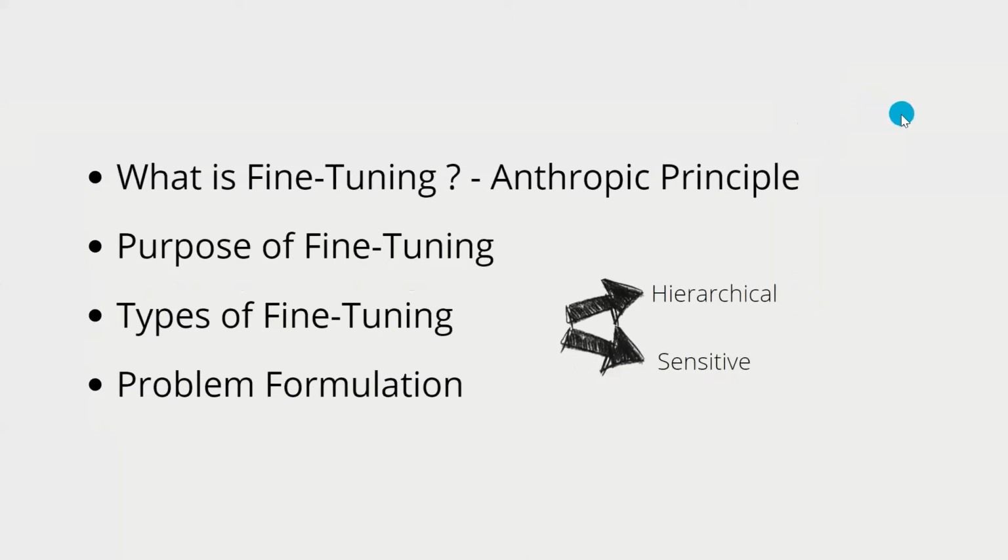In simple terms, fine-tuning is a process in which a certain number of parameters are adjusted precisely to fit certain observations. We say that our universe is fine-tuned for the existence of complex life. We have just extended the concept to the multiverse. We have varied certain astrophysical parameters with the help of certain constraints to check for habitable universes with different characteristics than our own. Further, we can broadly categorize fine-tuning in two types, sensitive and hierarchical, which I'll discuss in detail in the next section.